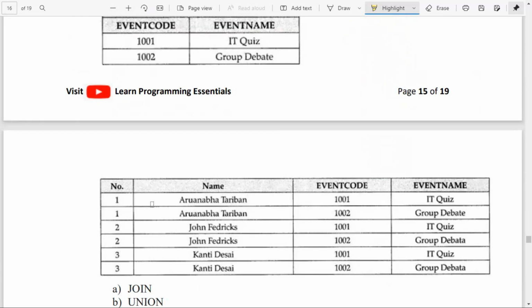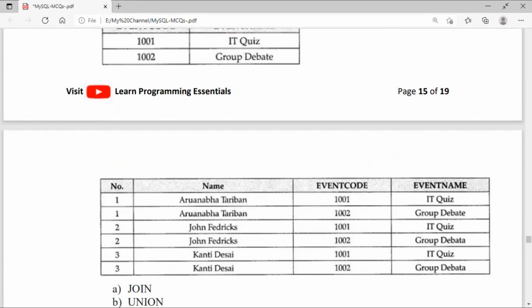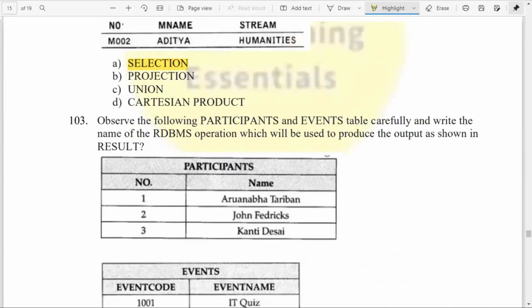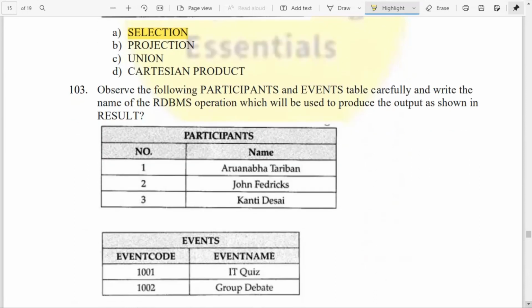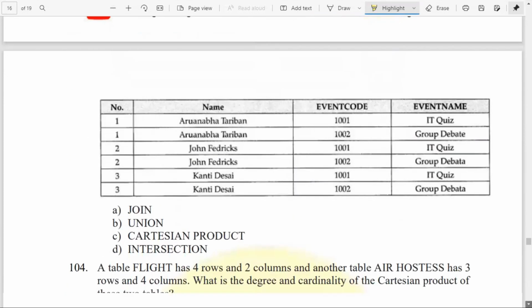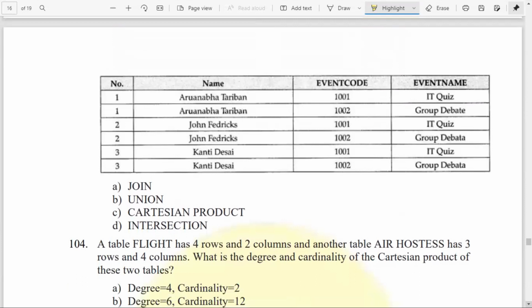You have 6 rows, isn't it? So 3 into 2 is 6, and 2 plus 2 is 4. That means a Cartesian product has happened. Among join, union, Cartesian product, intersection, it is Cartesian product.